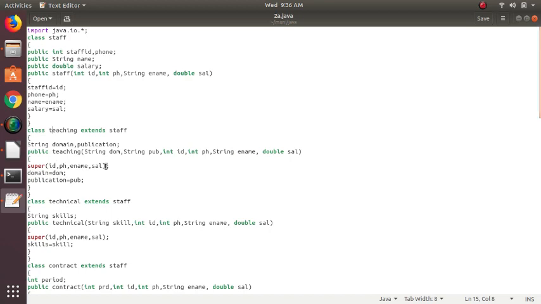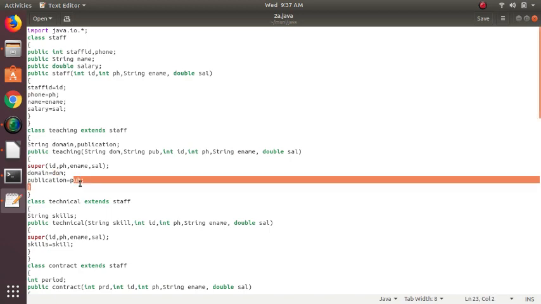These four properties are inherited from the main class. That's why we are extending from staff. At the same time we should also have its own properties along with these extended properties. What are those two? Here there are domain and publications. These are the properties which belong only to teaching staff.